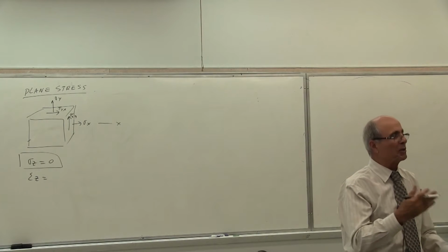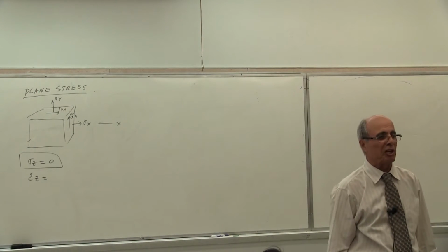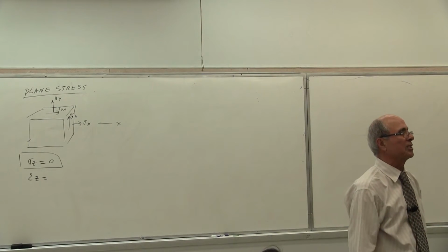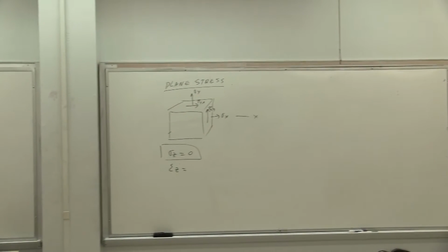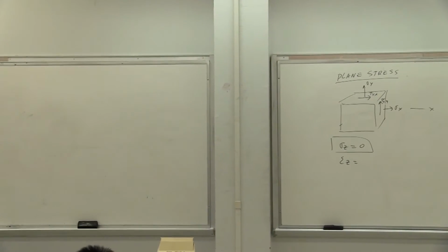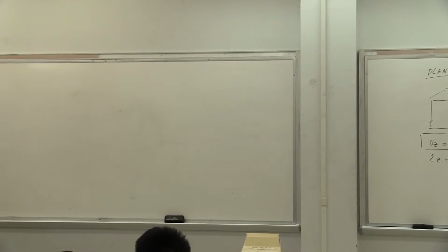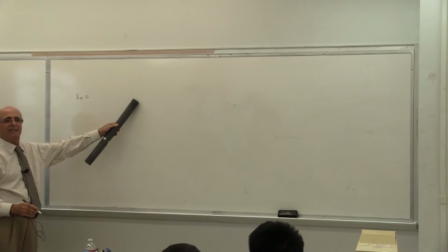Not based, because of what we learned in ME218, where you are talking about the general theory, because of Hooke's law. Is that correct or not? Remember Hooke's law? Now you have to study that. I asked you to study that. Hooke's law is the following. Epsilon x equal to what? Epsilon x is not due to sigma x only. Epsilon x is due to sigma x, sigma y, and sigma z.